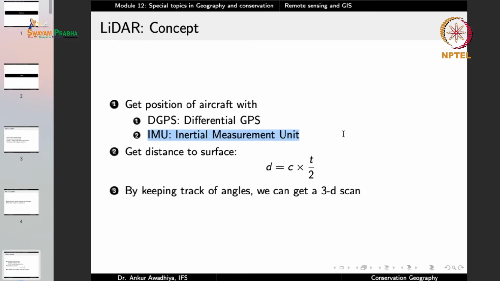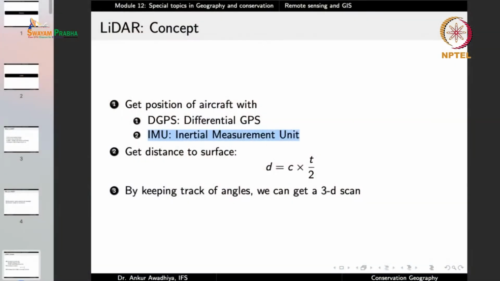The second thing is IMU, which is the inertial measurement unit. IMU is a device that can tell you the speed of the aircraft, the acceleration of the aircraft and the direction of the aircraft. So if the aircraft is tilting towards the front or towards the side, the IMU can help you find out the amount of tilt. It can tell you the speed at which the aircraft is moving,